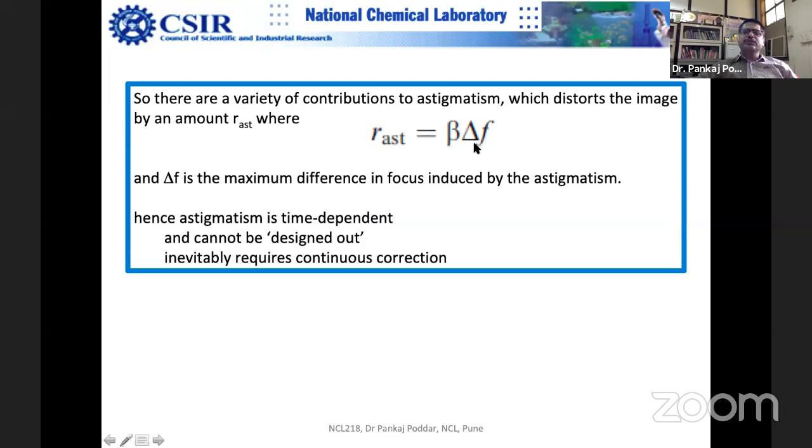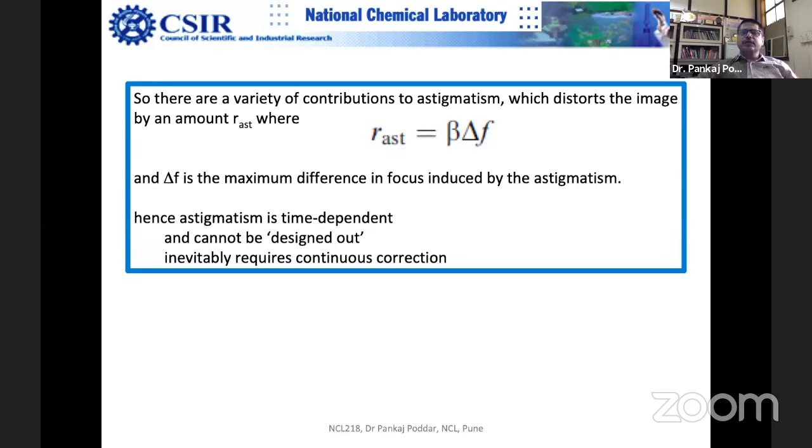So resolution is decided by defocus, this is the amount of defocus. You can see resolution is decided by delta F also, not just this one. We have not discussed a lot on defocus, but we are going to discuss defocus quite a lot when we end this module by teaching